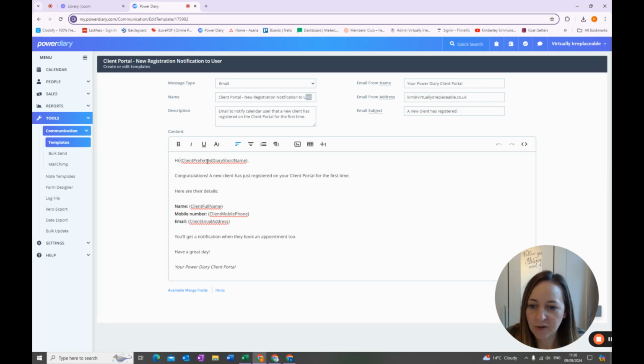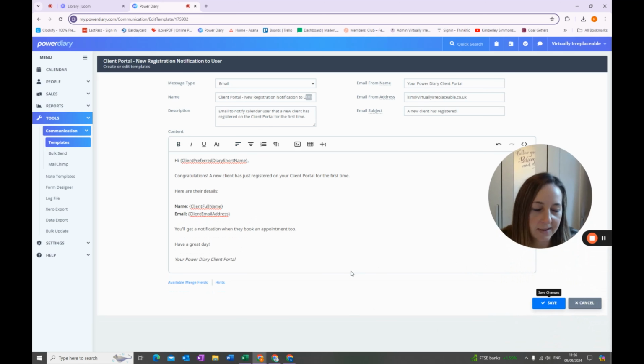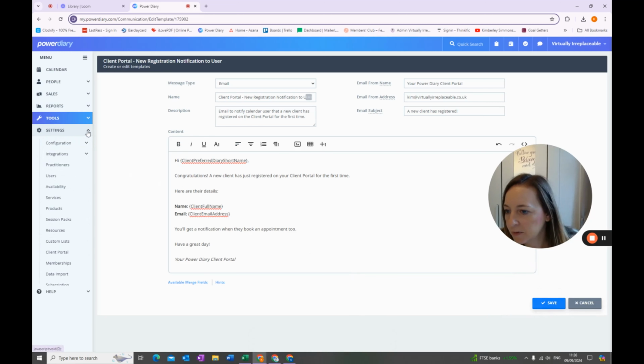So this is going to be your preferred name. It's going to tell you the client's full name. So it's going to put that information in. You can have their mobile phone number and email address. So let's say we don't need the mobile number. I can delete that. And then you just click save. Again, you can add any details in that you want. So if we go back to the client portal,